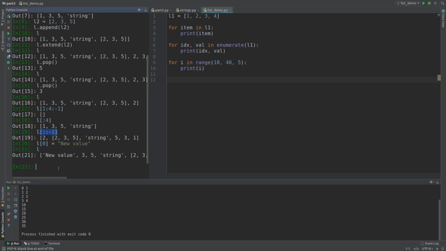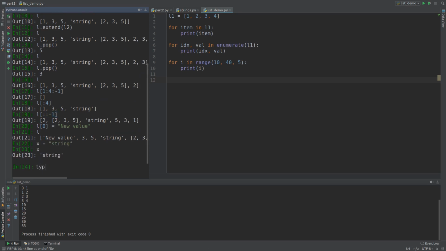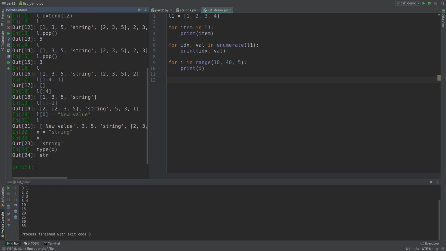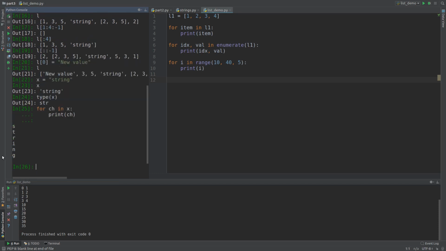Since you know the concept of iterable now, you can apply it to strings as well. Let me reinitialize another string. x is a string over here. How to check it? So there you go. We can do the same thing, the same for loop: for character in x, print character. You see here that each character is being printed, same like a list, but you cannot do assignment because